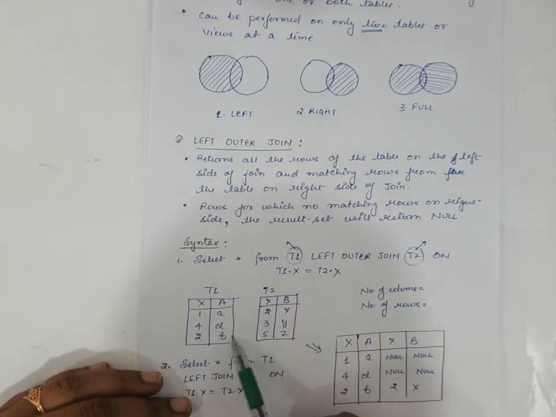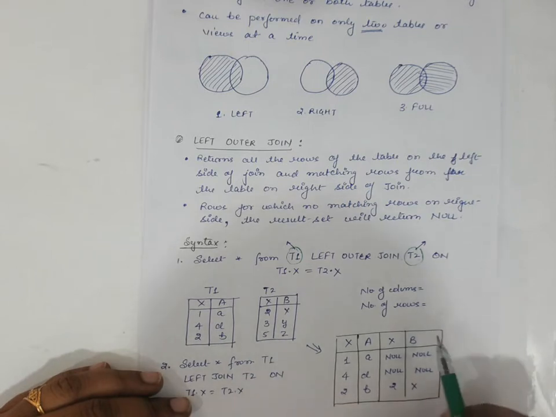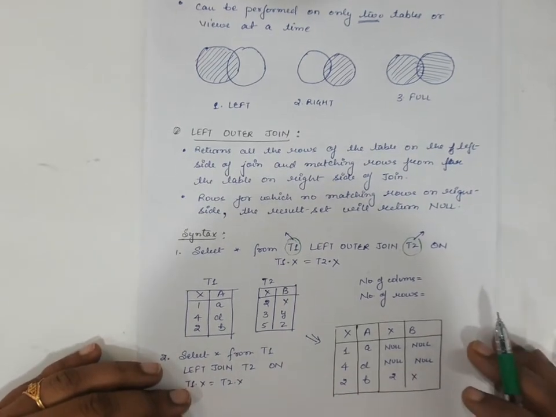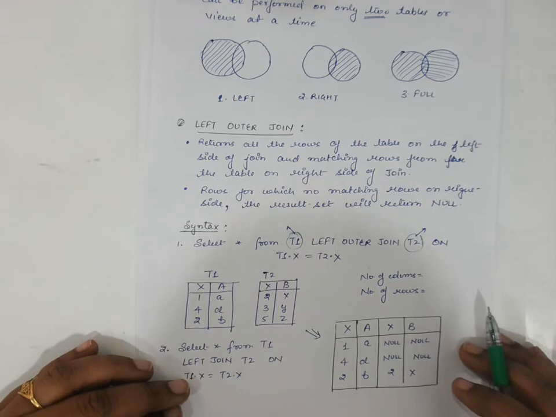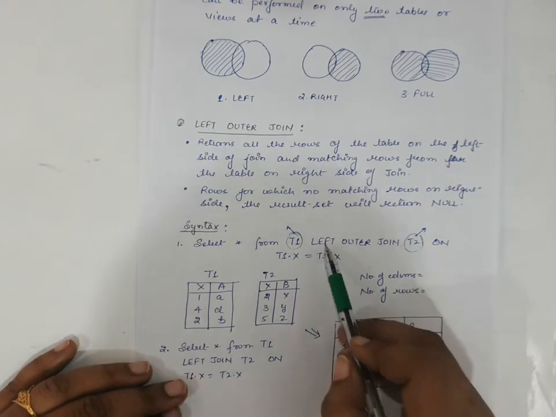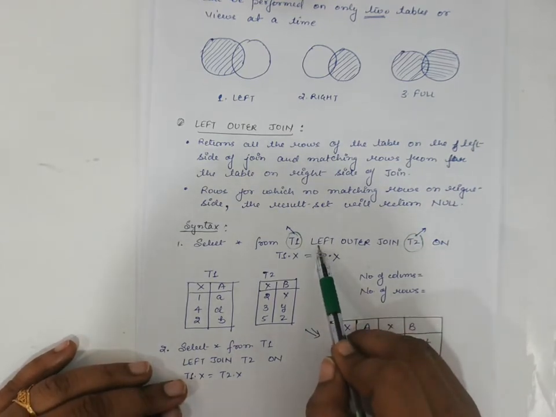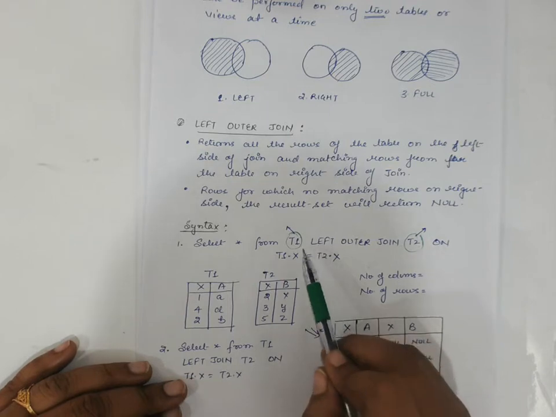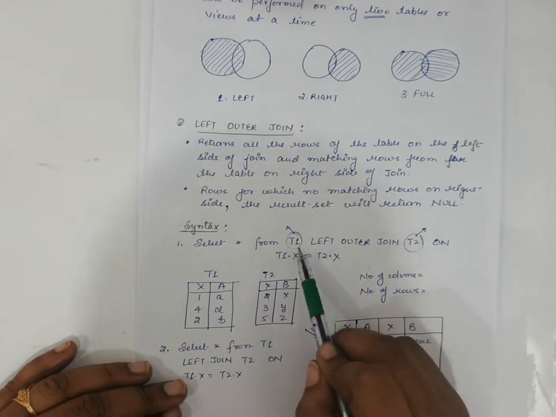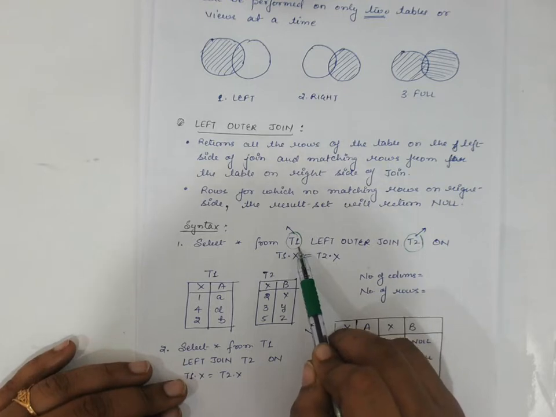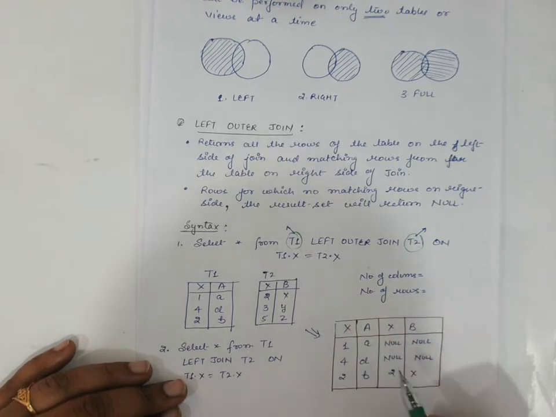Again, this example is the same. T1 and T2 are the tuples, and if I am going to perform the left outer join between these two tables, then the resultant will be, because I am doing the left outer join, it will retrieve as per definition all the tuples from table 1 and the matching tuples from table 2. If there is no matching row in table 2, then null will be incorporated. So you may see the result of doing the left outer join on table T1 and T2.